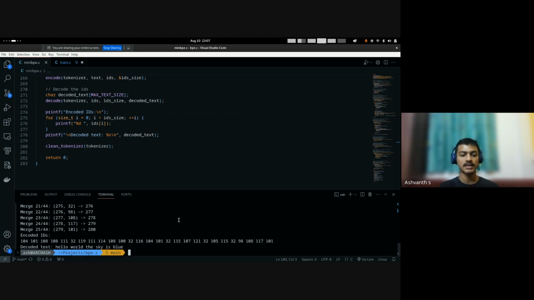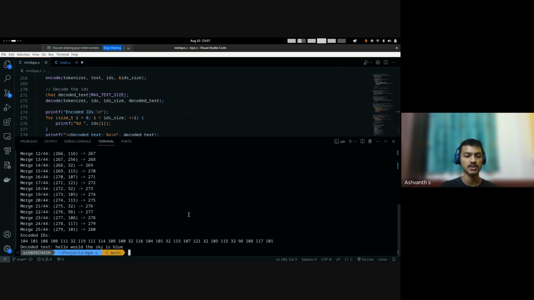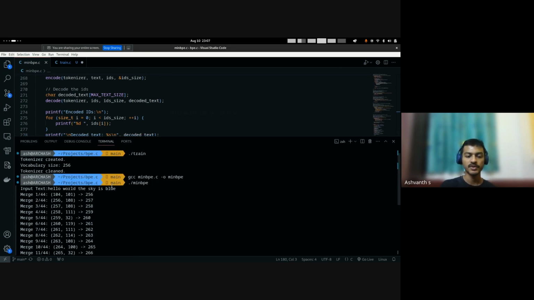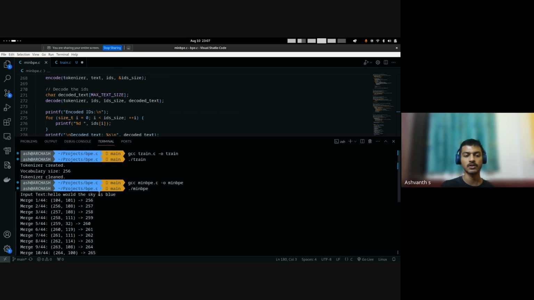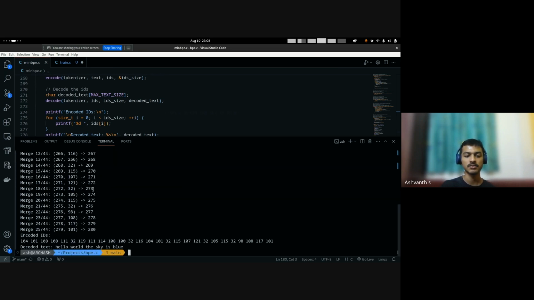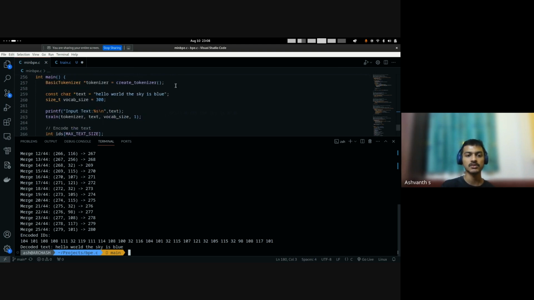Yeah, that's it. So it's a fairly simple and straightforward implementation. You have a piece of input text. There are a few merge operations taking place where you look at the text and find the common words which are present. These are merged, and these are the encoded IDs for each text. Let's say, assuming